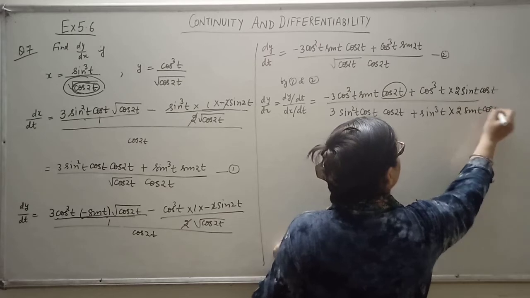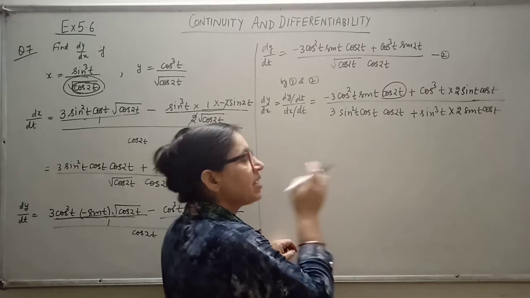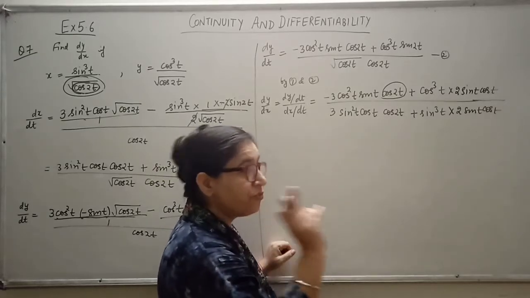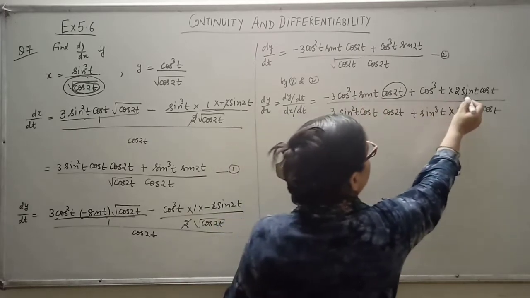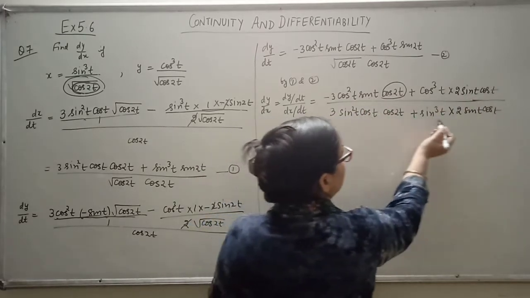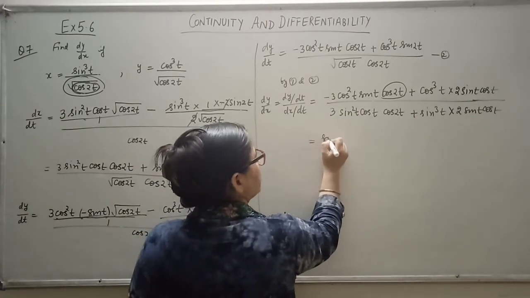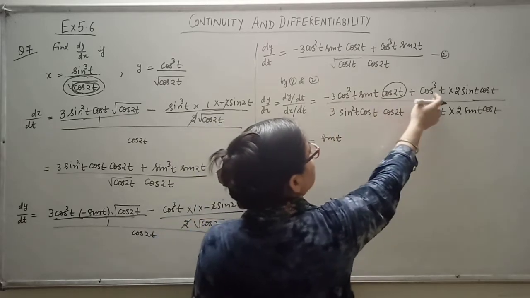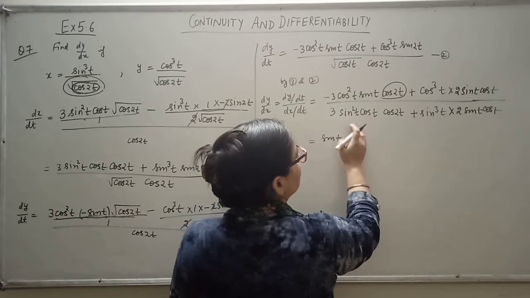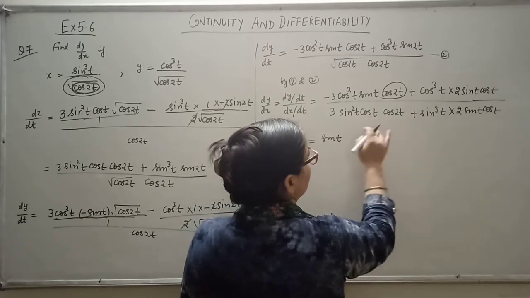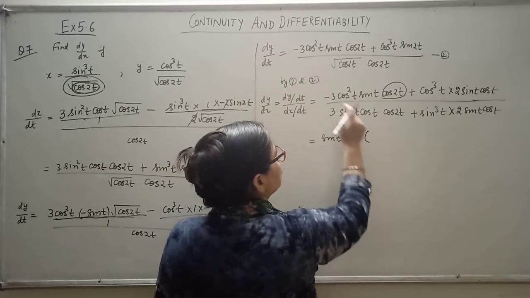Now after this students, I will take out that factor common which can be cancelled, the one that cancels between the numerator and denominator. Here you see sin t cos t, sin t cos t, and here also sin t cos t, so this sin t cos t is common. I am taking that common. Otherwise from here cos square t sin t is common, and from here also sin square t cos t is common, but that will not cancel. We take out only as much as can be cancelled: sin t cos t. So what is left?